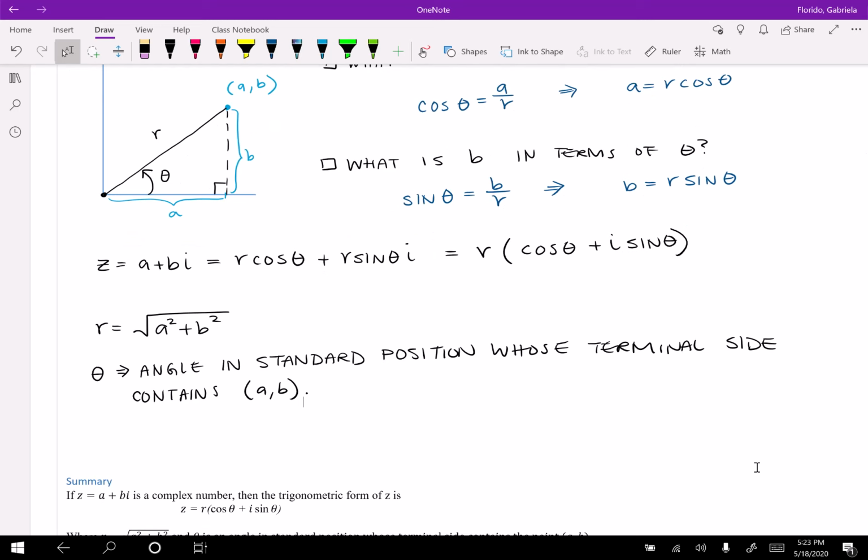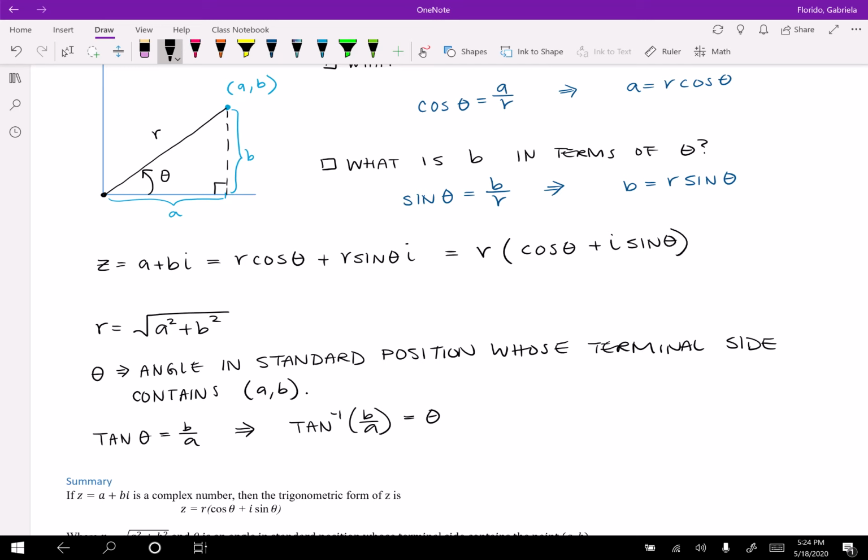and make sure that you're being careful with that. So we could use tangent theta is equal to b over a. And so if we use the inverse here, we would get theta. But what I'm trying to say is you have to be very careful, because remember,